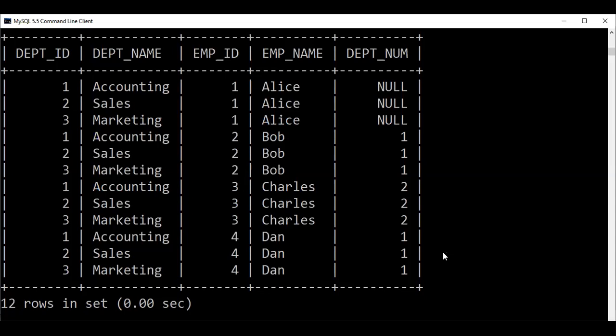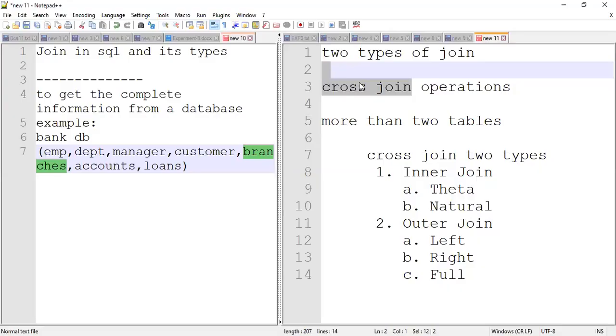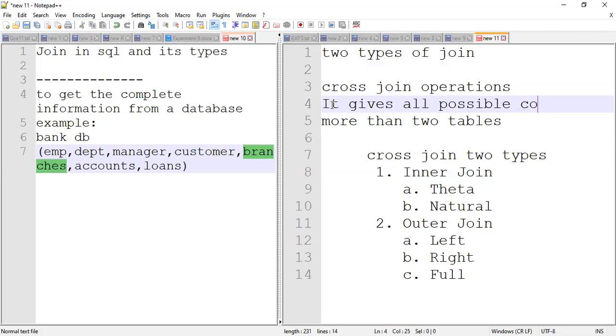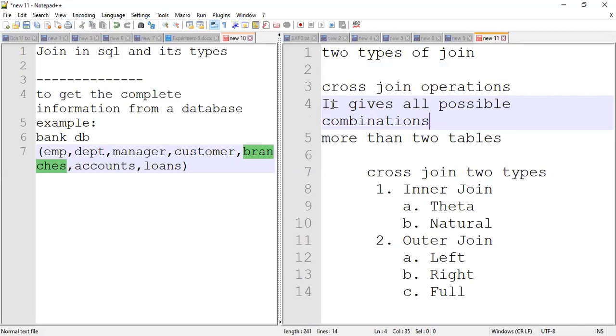Okay, so I'm returning to my notepad, where I wrote. Let's see where is that notepad? Okay, so I can write the definition for the cross join operation. It gives all possible combinations, not only for 2 tables, but for all tables. You write the same way I am writing. I'll say again, everything is getting recorded. You can simply stop and write, then send. No need to write now. Try to understand. I'll give enough time.